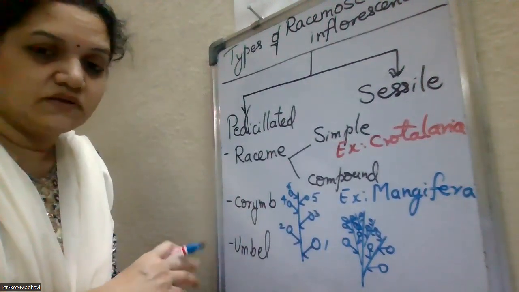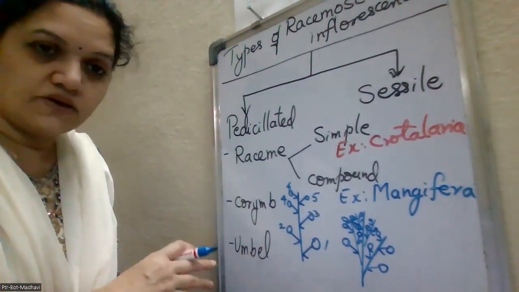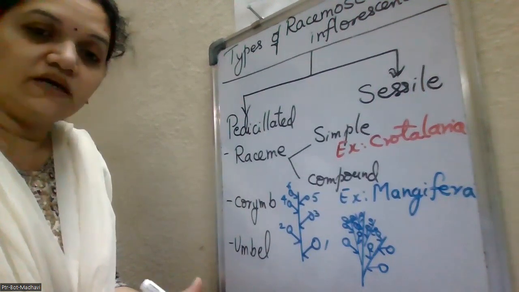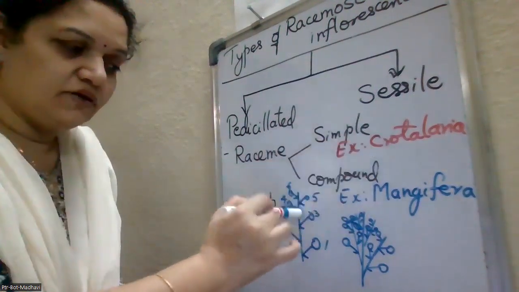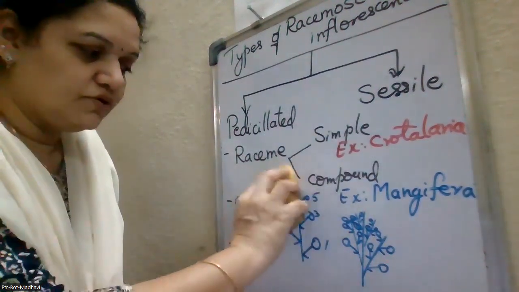Like that. There is a compound raceme. Okay. Now comes, here and there only you have to draw the diagram. Now we have to go